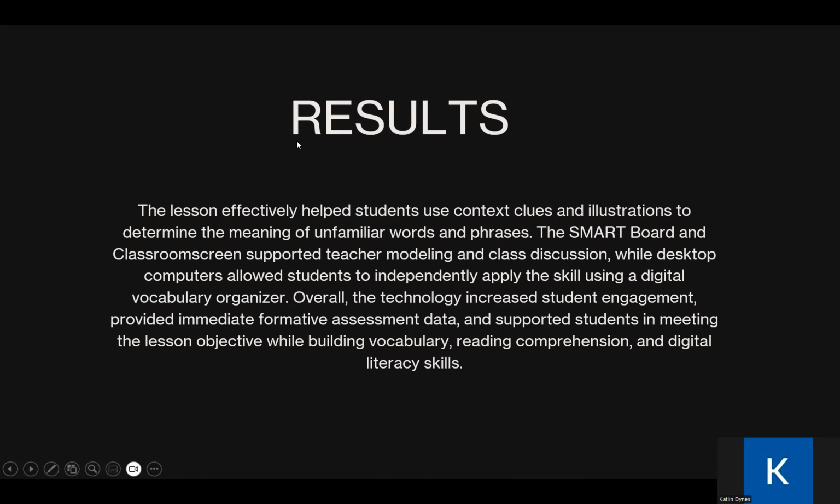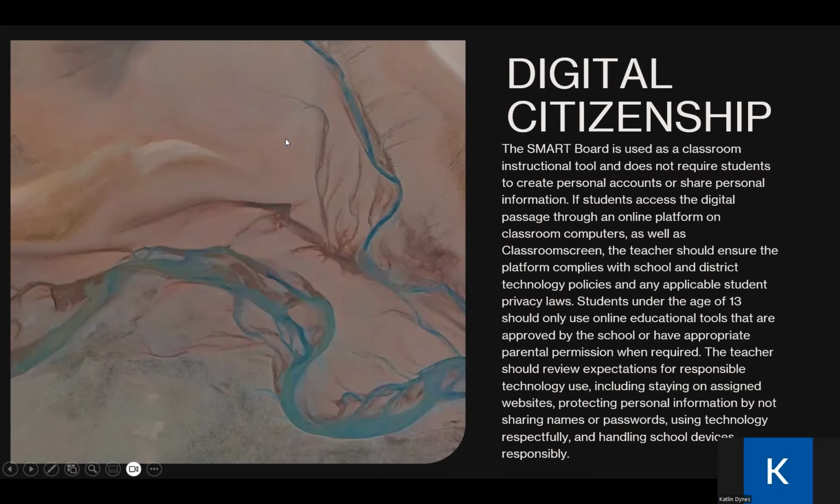So, the digital citizenship for the tech tools I am using. The smartboard is just an instructional tool used in the class and doesn't really require any students to create accounts or share any information. So I think with the smartboard, there isn't too much that we need to know there. But the students using the desktops and accessing the passage, and then also if they create a classroom screen account